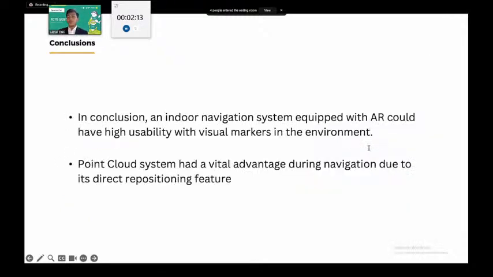So to sum it up, both systems could have high usability, indicated by their high usability scores obtained from usability testing using the SUS questionnaire. Even though lacking in terms of accuracy, precision, and complexity aspects compared to QR, the point cloud